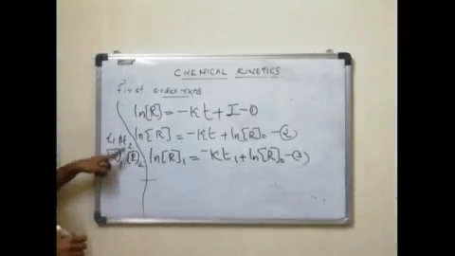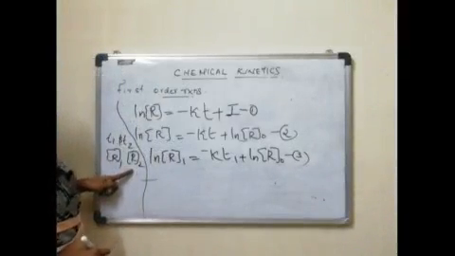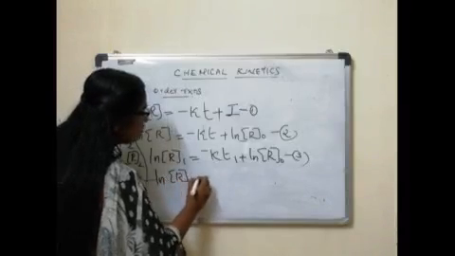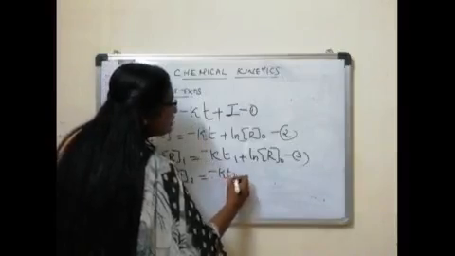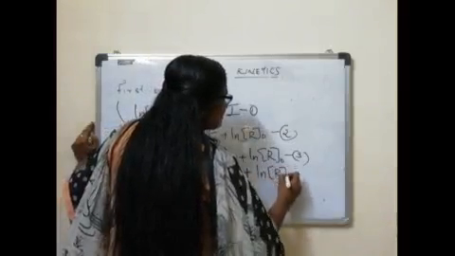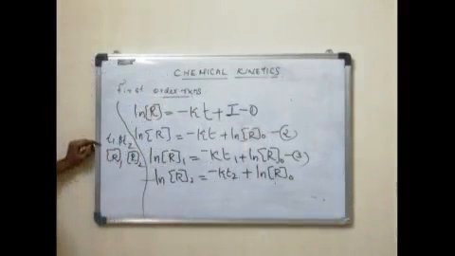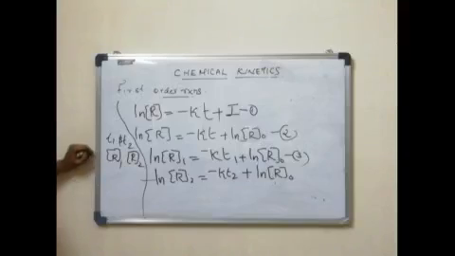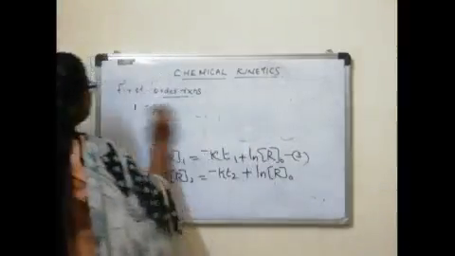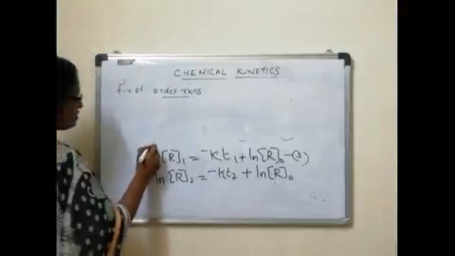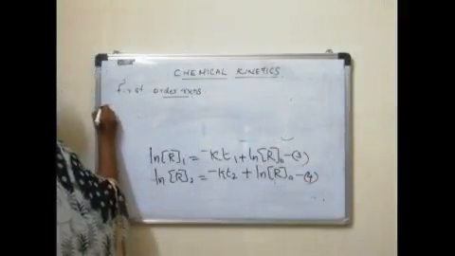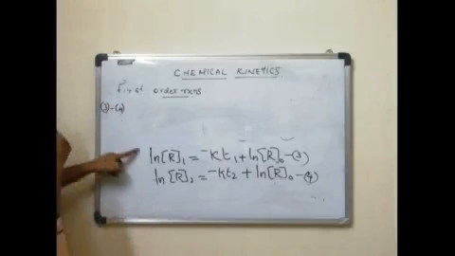Then one more equation, considering at a time t2, let the concentration of reactant be R2, then this equation becomes ln R2 is equal to minus k into t2 plus ln R0. In both cases the initial concentration is the concentration at the start of the reaction. Then we have to derive a common equation considering both t1 and t2. So for that we are subtracting equation 4 from 3. Equation 3 minus 4, that is ln R1